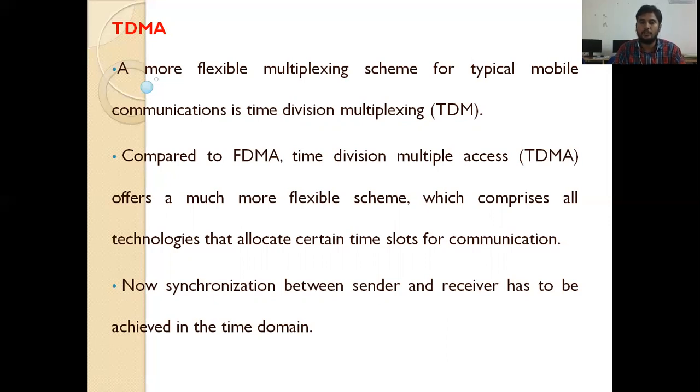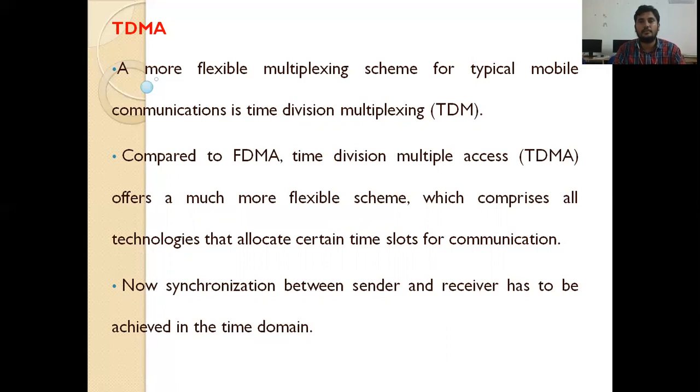There is a possibility of 100 bandwidth. That 100 bandwidth is subdivided into 10 channels. So at a time, 10 users are transmitting data by using FDMA. So the bandwidth is subdivided into